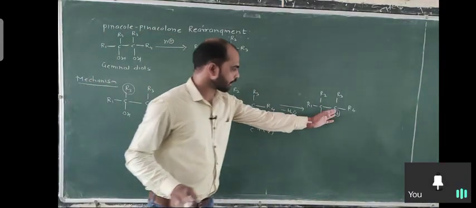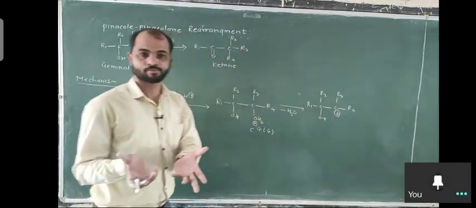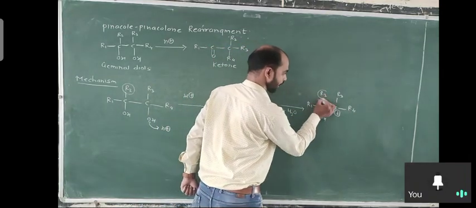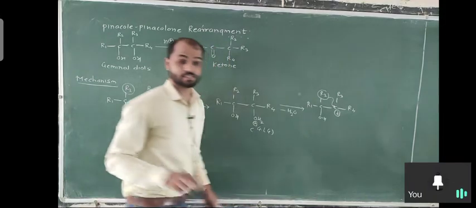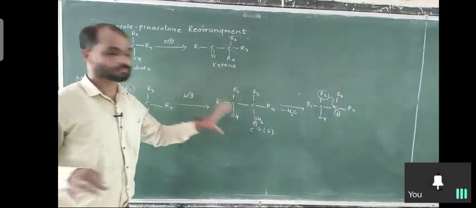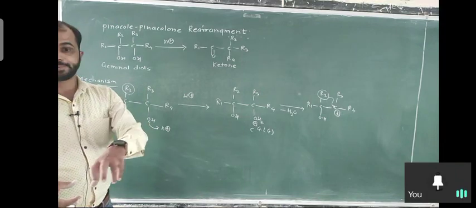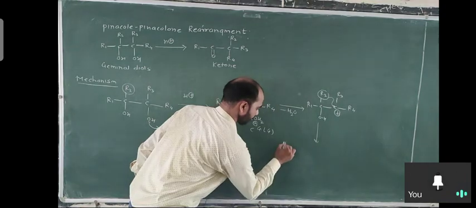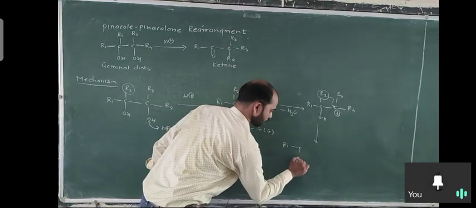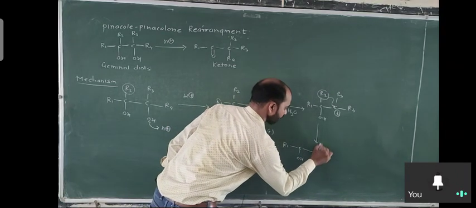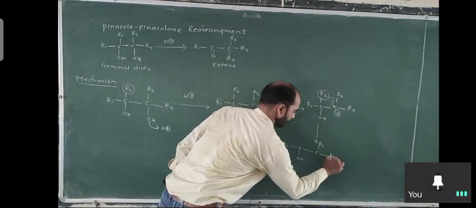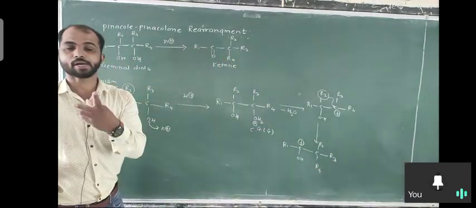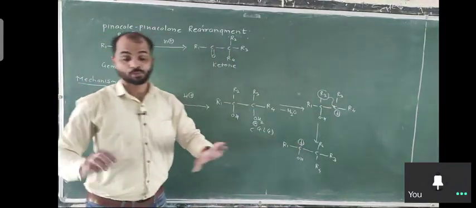The carbocation will be stabilized by the alkyl groups. But if one of the groups is migrated, suppose R2 is migrated over onto this electron deficient carbon, that is a rearrangement. So the group is migrated over onto this. After this we get R1, here is the OH, here R2 is migrated, R3 is here, R4 is here. Here is the formation of carbocation. So there are two carbocationic species, this one and this one. Which one is most stable?